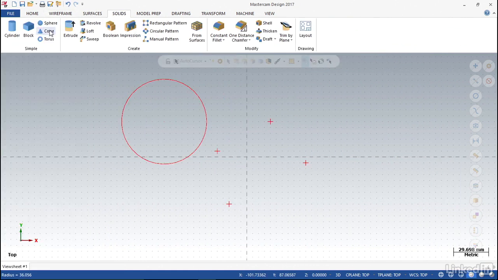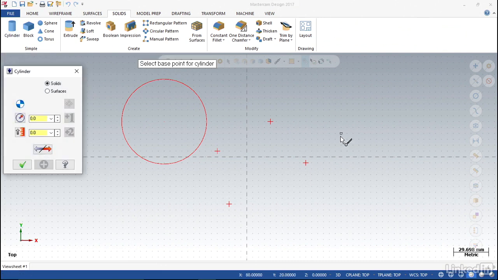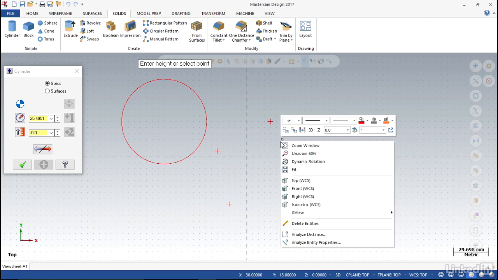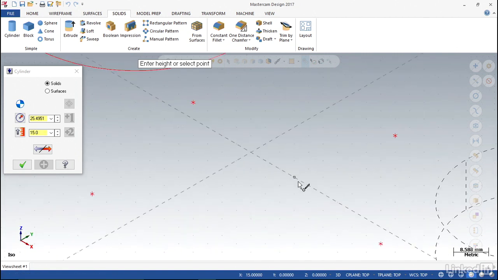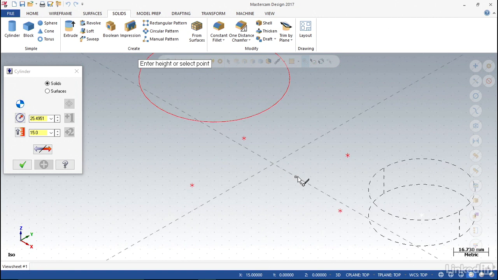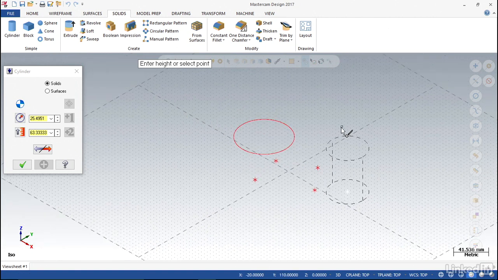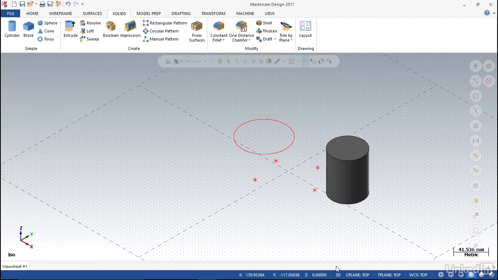I'll also click on the Solids tab, and if I select Cylinder, for example, I'll need to click on the center point of the base, pick an initial geometry, and then in order to make the height, I'll right-click the mouse while I'm in the middle of the command, switch to the isometric view, use the scroll wheel to back out, and then left-click once I've got a height on that object. So clearly not a beautiful design, but the idea here is that we have a number of different types of